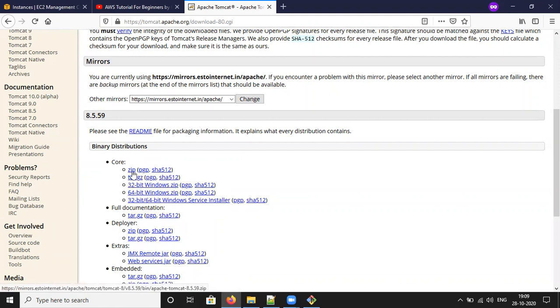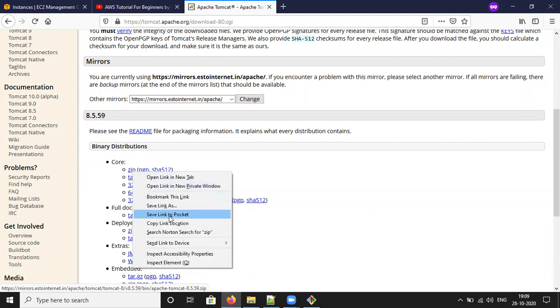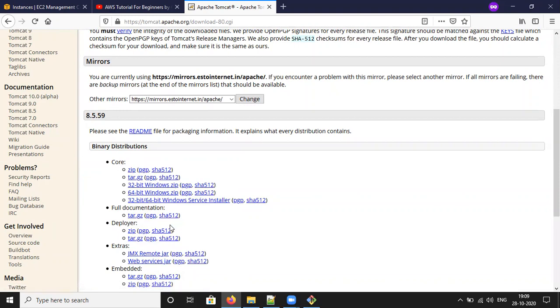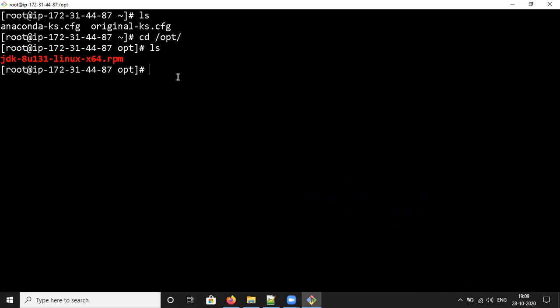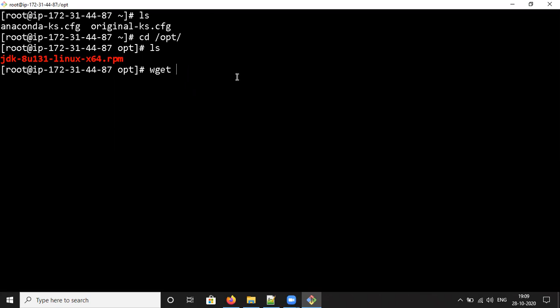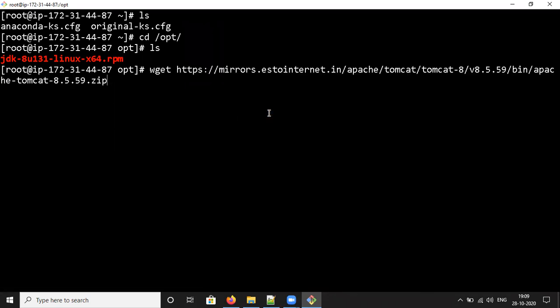You can extract it. That's all. I just right click on that and copy the link location. Using the wget command we can download it. Use wget, paste the link location. It will download Tomcat.